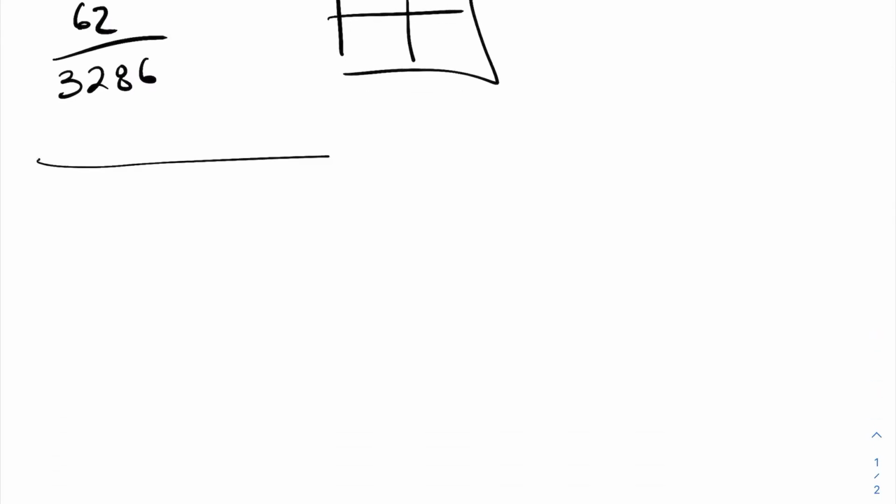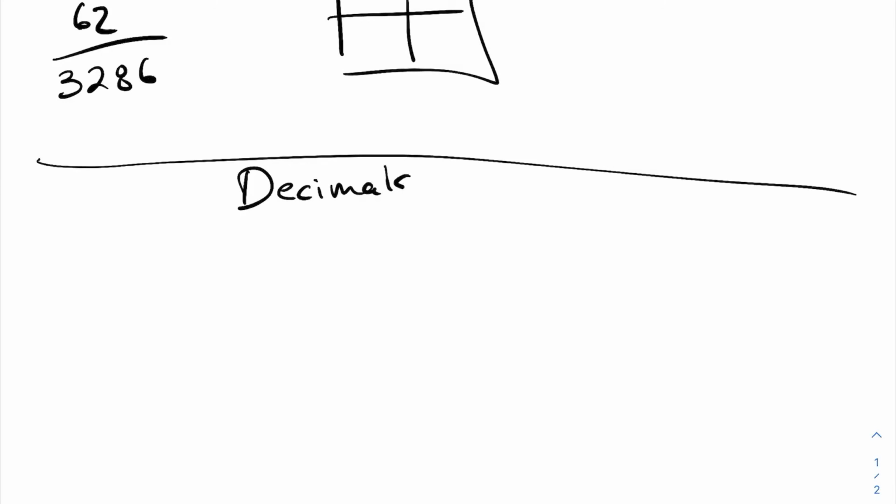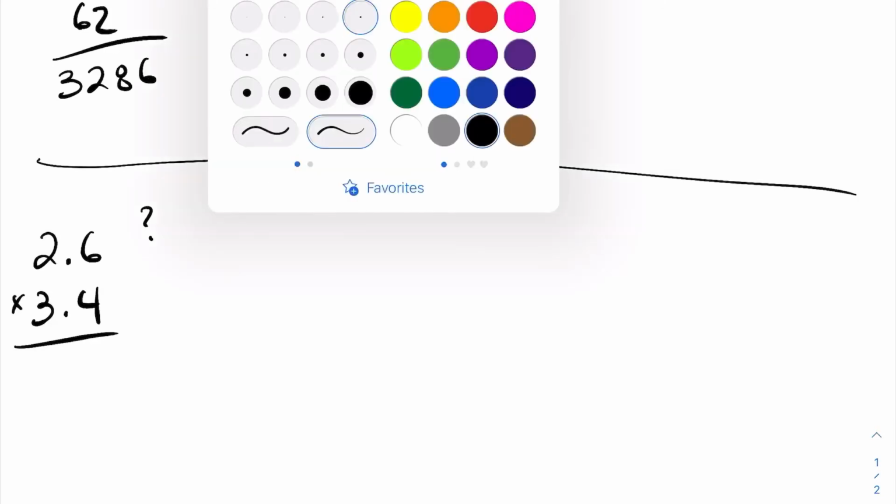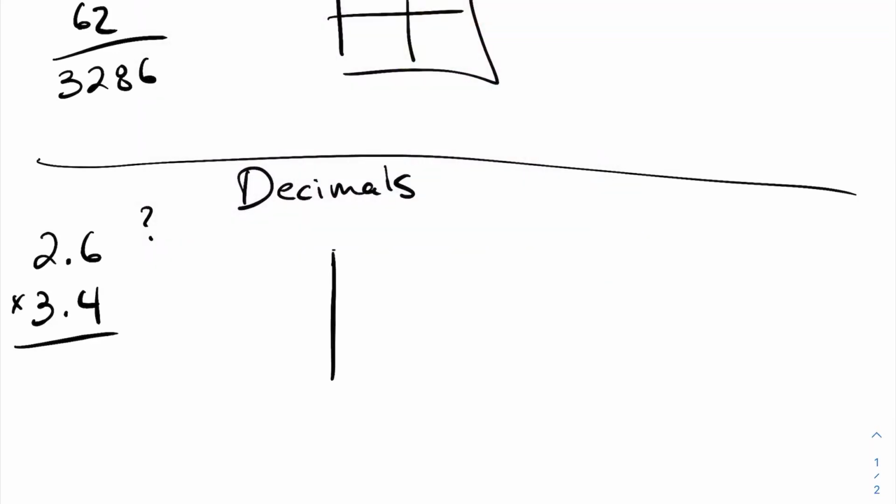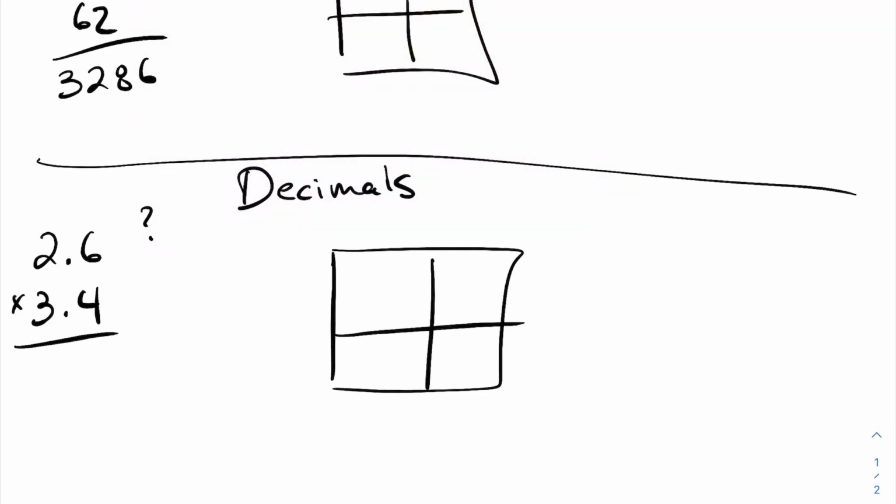When it comes to decimals, that's when people freak out. So it's like, really? Can I actually do 2.6 times 3.4? Is that even possible? Like, that's crazy. So whenever we're dealing in decimals, we're still going to make a box, okay? And what we're going to do is pretend for a second that the decimals don't exist, okay? And we're just going to pretend that this number is 26 times 34, and we're going to do the box